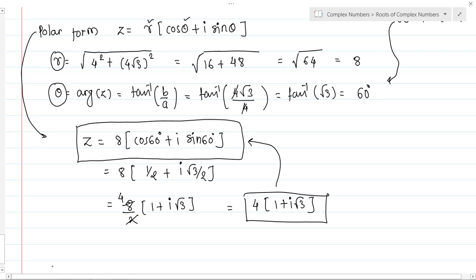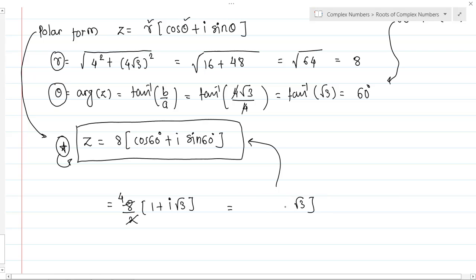But when they say it's a polar form, we have to write this as the only answer. So z is equals to 8 into cos 60 plus i sin 60. No need to further explain this, because if you explain it, again it becomes the standard form, a plus ib, which we don't want. So this is nothing but the polar form of the given complex number. Is it okay?